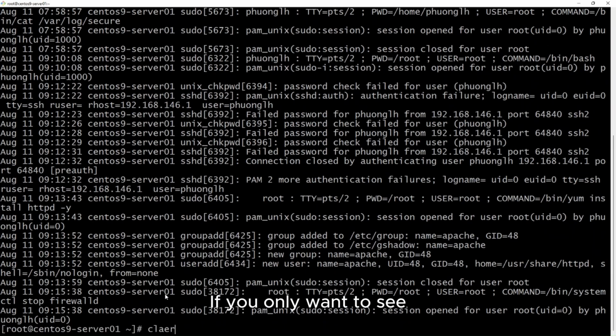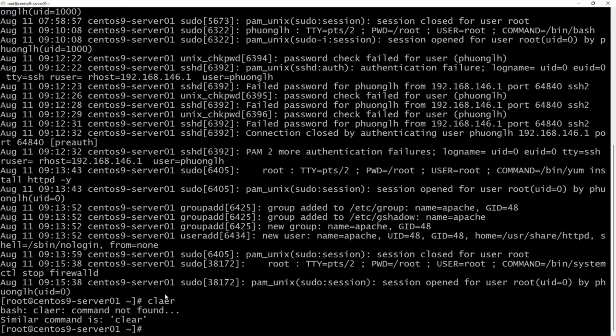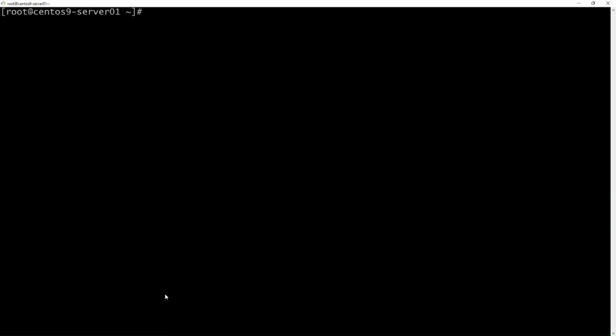If you only want to see the first few lines of a file, you can use head with option -n 10 to show the first 10 lines of this file.